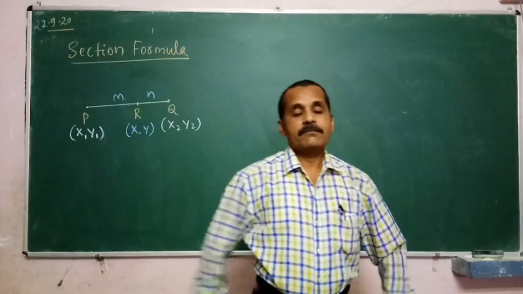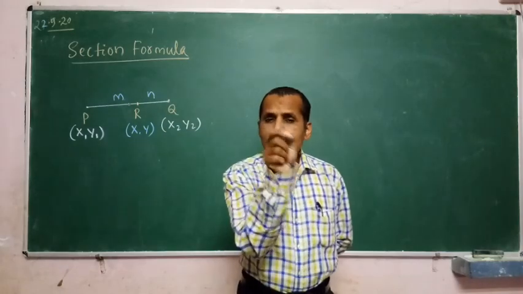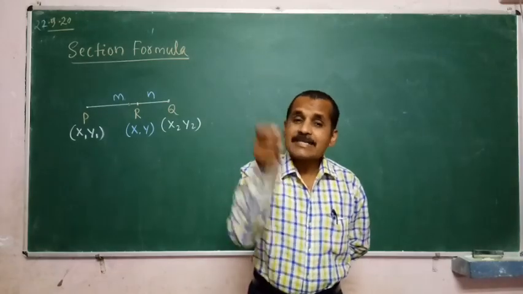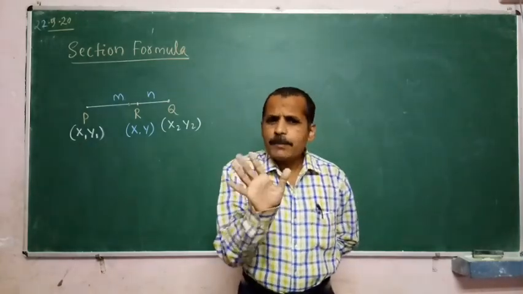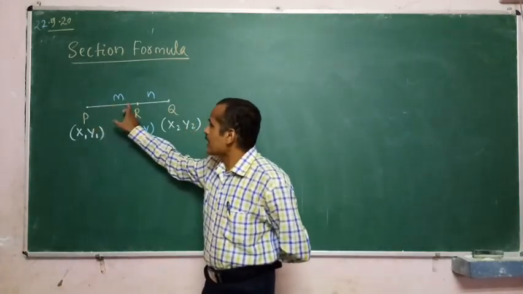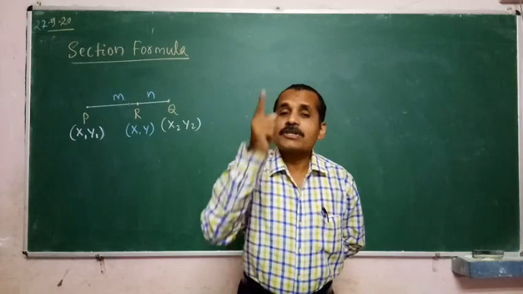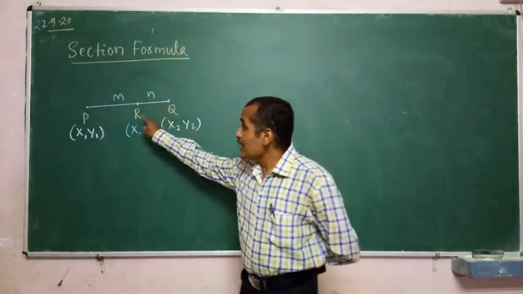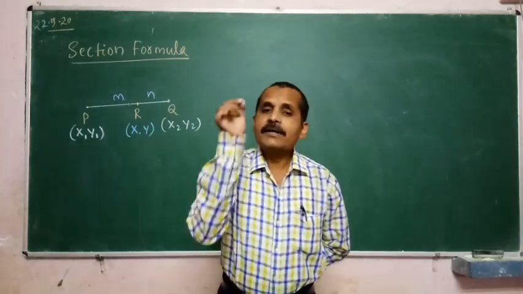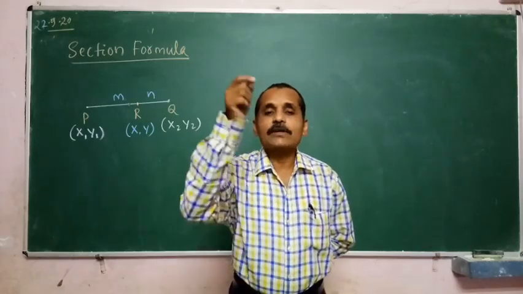I will summarize it once again. Listen properly. PQ is a given line segment whose coordinates are x1, y1 and x2, y2. And on the line segment PQ there is a point R. It need not be a midpoint. It can be anywhere. R can be here, R can be here, or anywhere. But on the line segment PQ there is a point R. And the coordinates of point R I have taken as x, y. And R divides the line segment PQ into two sections, and the ratio of the two sections is m is